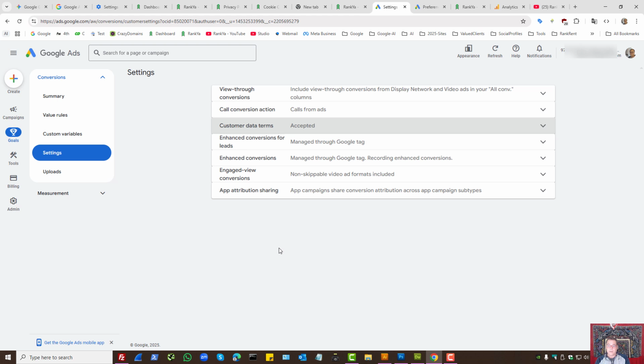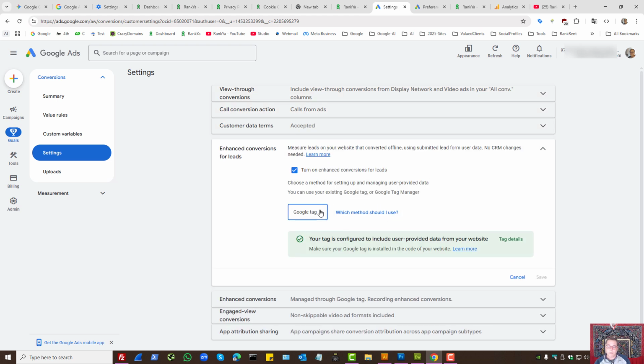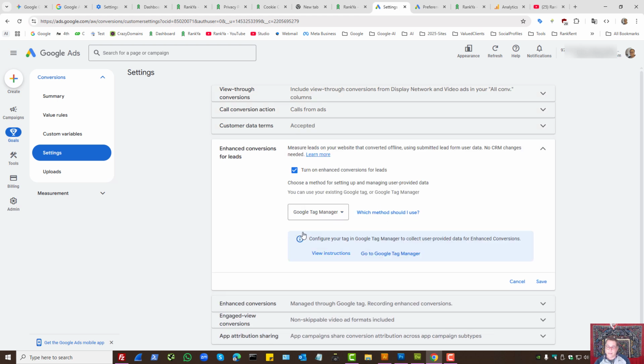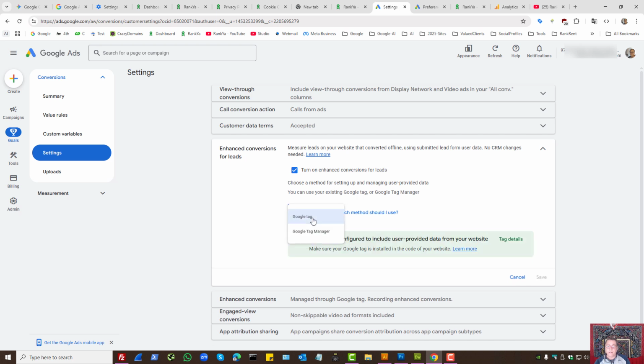So now we've got that out of the way, and you've set that side up so we don't get in trouble with Google Ads. What we can do is install the tag using various different methods. If you're using Google Tag Manager, you can enable enhanced conversions using Google Tag Manager. Simply view the instructions and go to your Google Tag Manager. I'm going to cover the Google Tag option, whereby I'll show you how to enable this correctly,